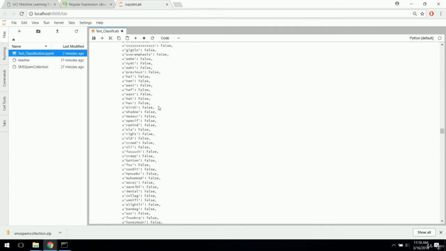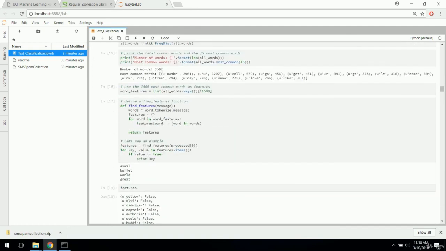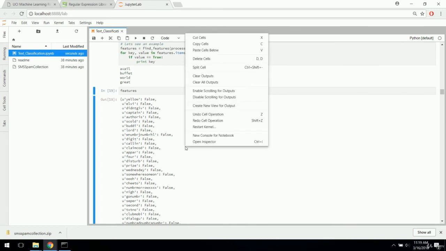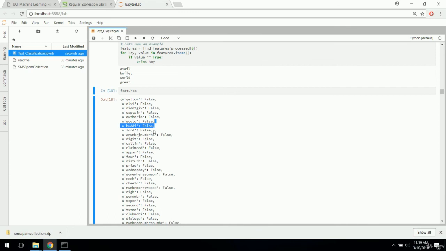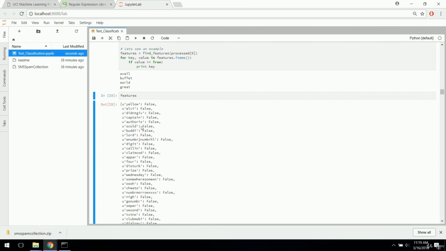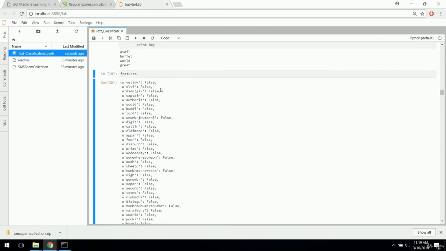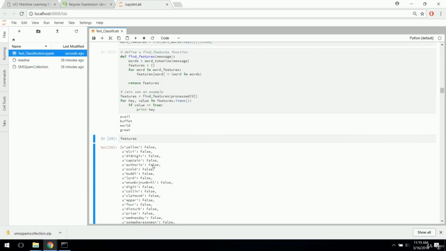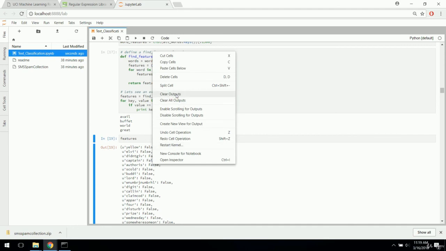So we actually printed off all of the ones that were true right up above here. There's just these 4. And this isn't alphabetical, so they're going to be kind of hard to find. I'm just going to clear this output. But this is giving you an idea what the features are going to look like for each text message. So each text message is going to have a feature set like this, where it is a true or false for every single word in the 15 most common words that we have. So let's go ahead, clear outputs here. We'll get rid of that